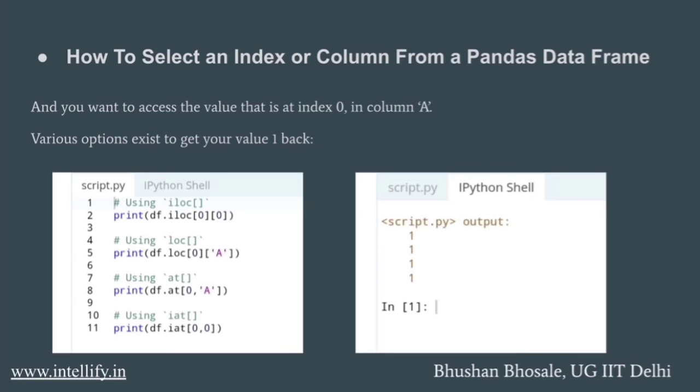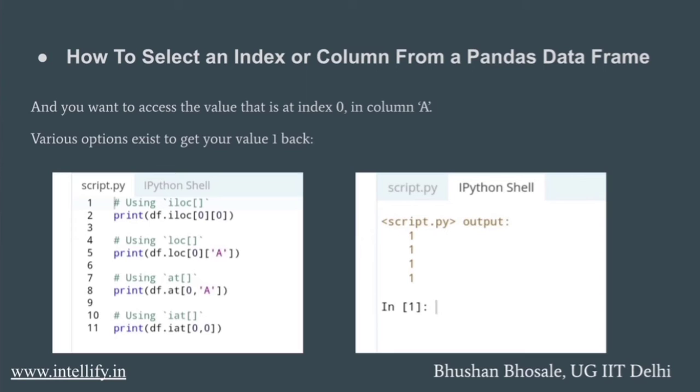Enough for now about selecting values from your data frame. What about selecting rows and columns? For now it's enough to know that you can either access the values by calling them by their label or by their position in index or column. If you don't see this, look again at the slight difference in the commands. One time you see 0, 0 and other time you see 0, A to retrieve your value 1.